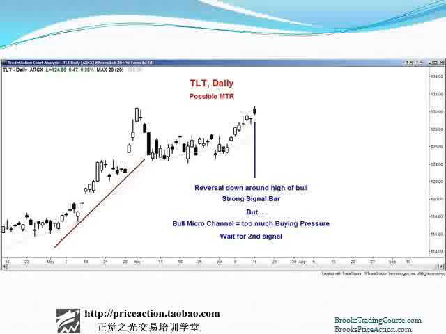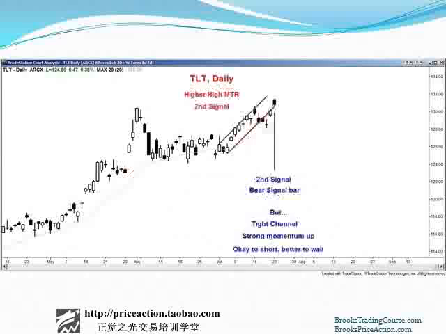Here we're around a double top, and this would be a second entry short, this being the first, and we have a decent bear bar. You can argue that the micro channel is extremely tight, and it is. It's a very, very tight channel. We had a micro channel here, a breakout, and now a pullback back into the channel. In general, whenever the market is in a very tight channel, and I'm looking for a trade in the opposite direction, I wait for a second signal. I wait for the market to go sideways a little and then have a second signal. And that's what we had.